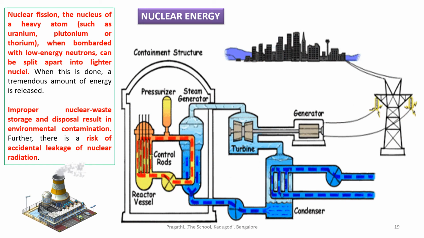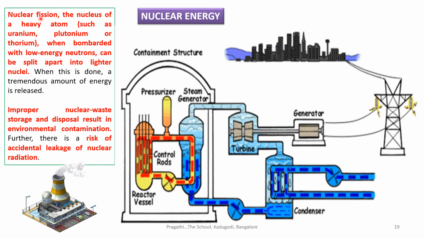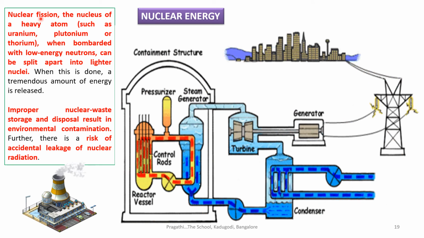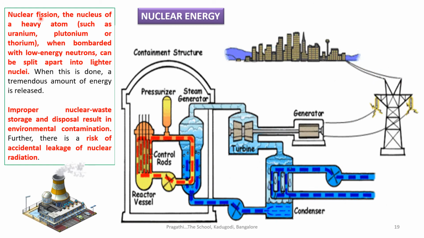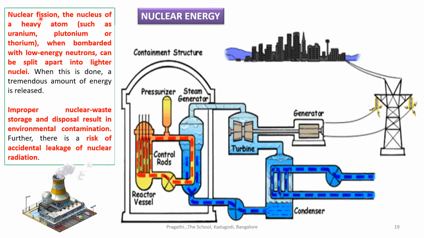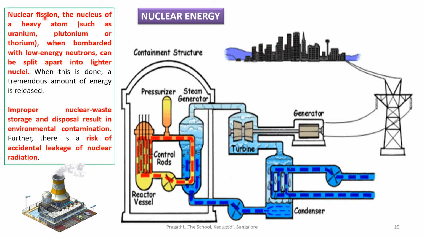Coming to our nuclear energy. How is nuclear energy produced? Because of nuclear fission. You can see here nuclear fission. What is nuclear fission? What is nuclear fusion? Fusion means fusing, that means joining. What is fission? It is getting separated. It is as good as breaking a metal and making it into powder. That means fission means the separation of the atoms. The separation of the atoms is called nuclear fission.